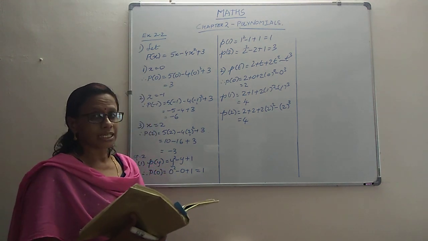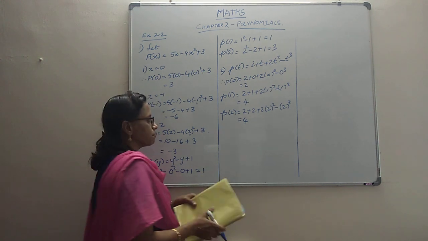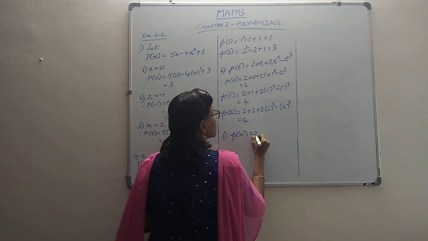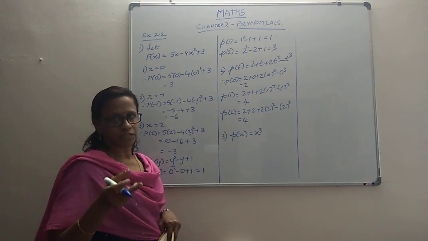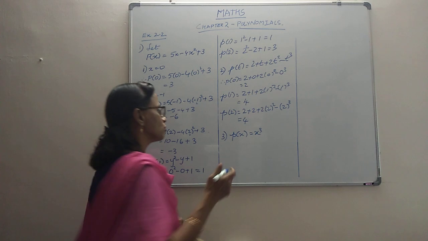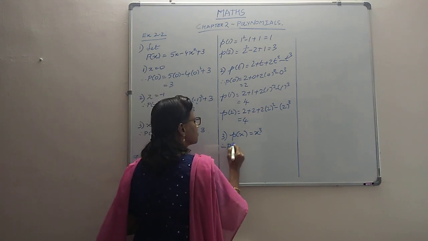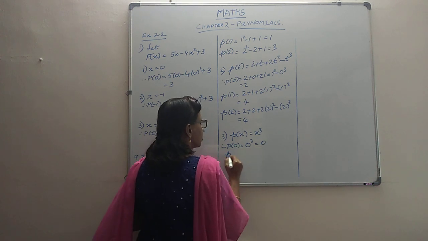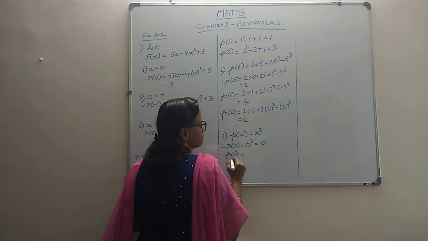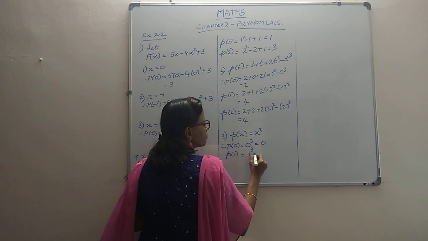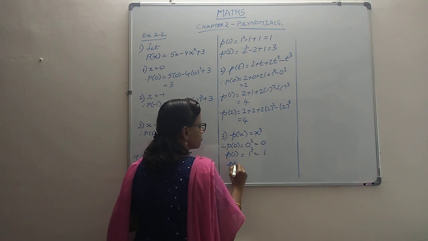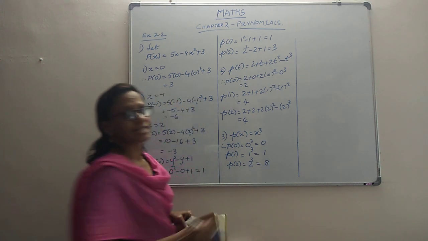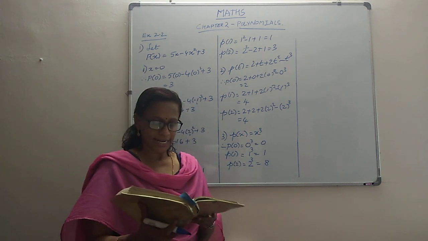Now we come to the third subpart where they give us P of x as x cube. We all know the question that we are supposed to find out P of 0, P of 1 and P of 2. So in the first case, we are getting P of 0 where we are substituting x as 0. So 0 cube is 0. P of 1, wherever x comes, we are putting 1, 1 cube 1. Then P of 2, wherever x comes, you are putting 2, 2 cube is 8. So the answers that we are getting is 0, 1 and 8.